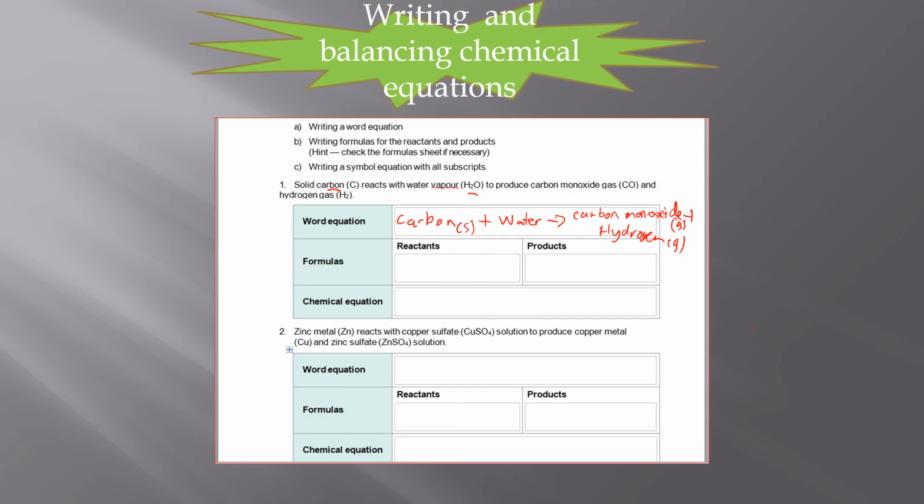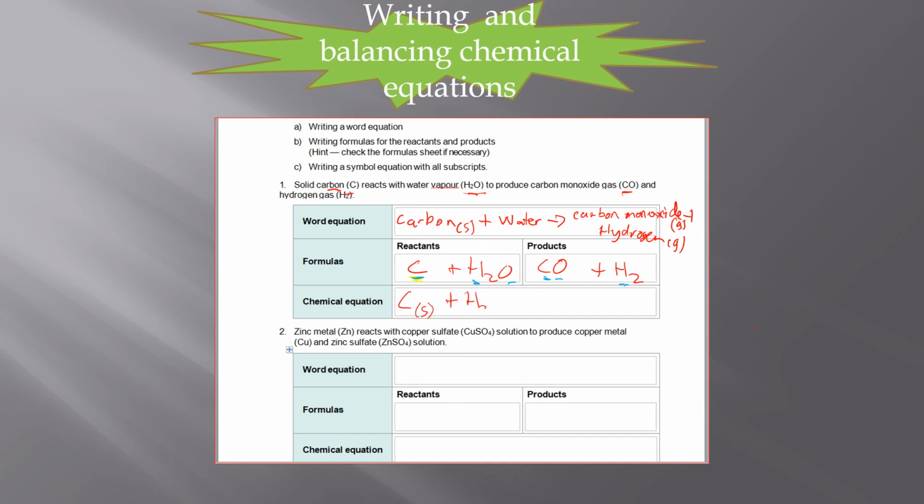Let's do our formulas. Carbon, as it says, is C, and water we know is H2O. We're going to need carbon monoxide gas, which is that one. Carbon monoxide, 1 oxygen, and hydrogen always goes like that, H2. So my chemical equation, I'm going to have carbon. Oh, before I go on, is it balanced? I have 1 carbon there and 1 carbon there. 2 hydrogens, an oxygen, and an oxygen. So it is balanced. So I have carbon, which was solid,